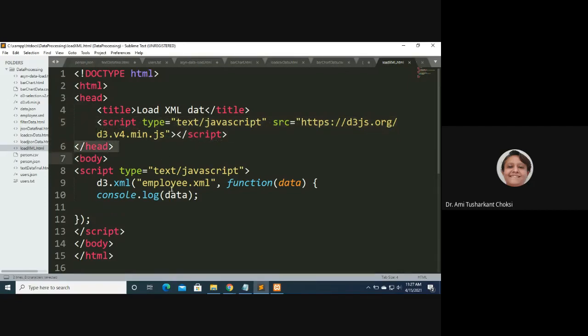Then employee.xml is being provided because we want to load this particular file, and the action according to that. In that, we are writing console.log and data. This is data. Okay, now let us open this through the browser and see the console log.